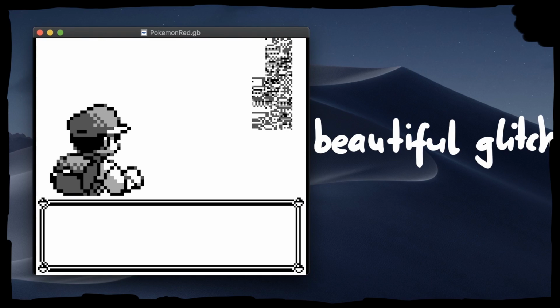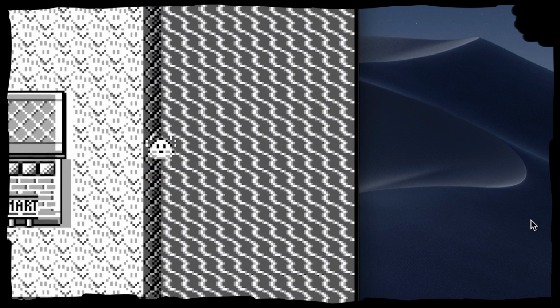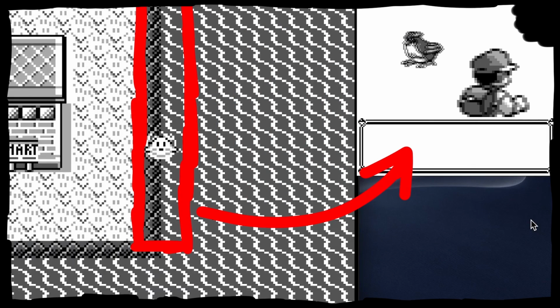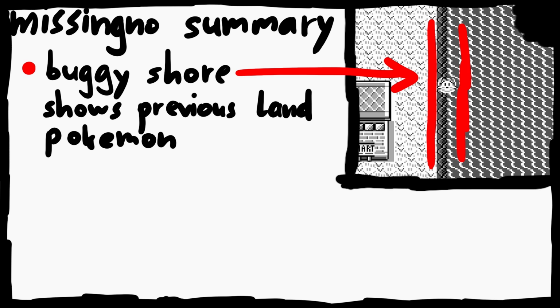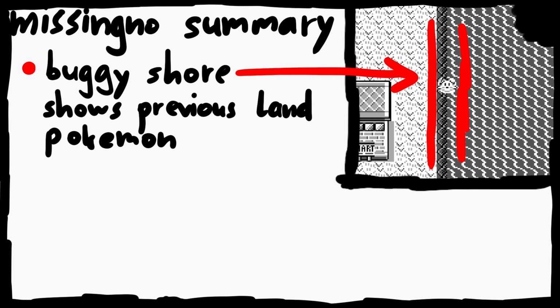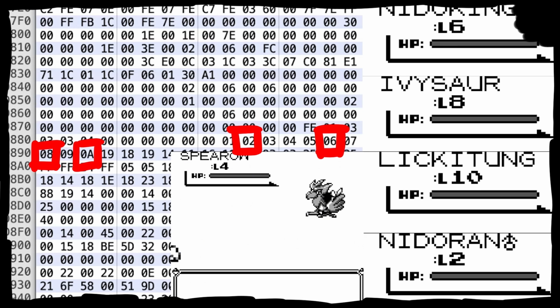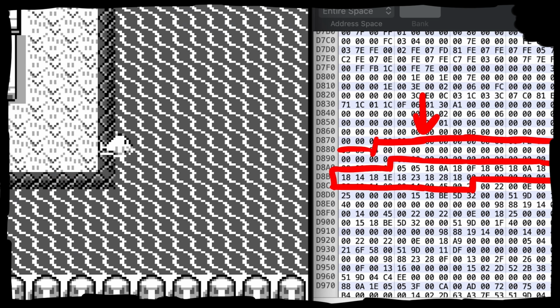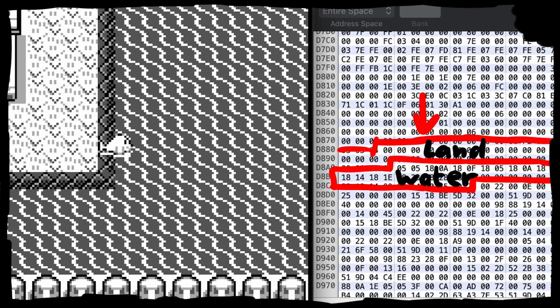The Pokemon Red and Blue MissingNo glitch is such a beautiful bug. In the previous video we have already done some research and found out that the shore tiles at Cinnabar Island are buggy because they make land Pokemon appear and not water Pokemon. In memory we found the data that decides what Pokemon and which level can show up in the current area. And that there is different data for what can appear on land, stuff like grass, and what can appear on